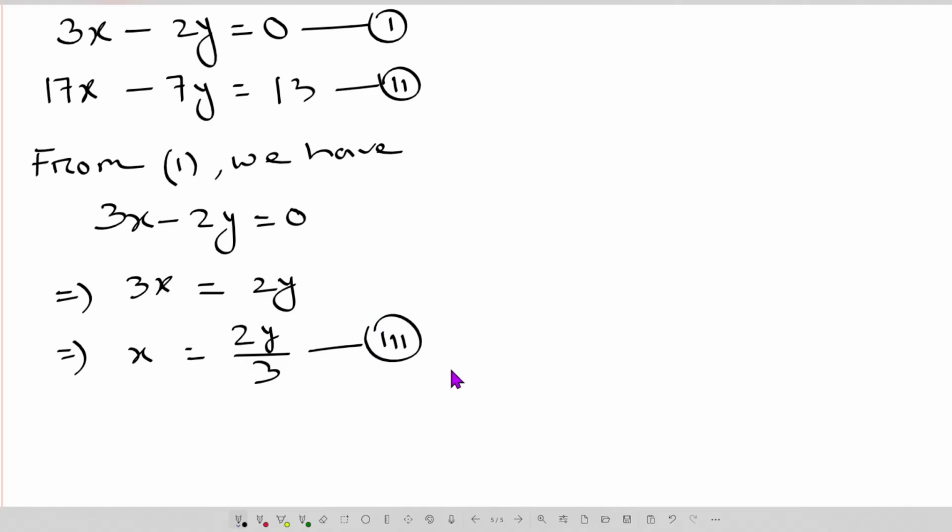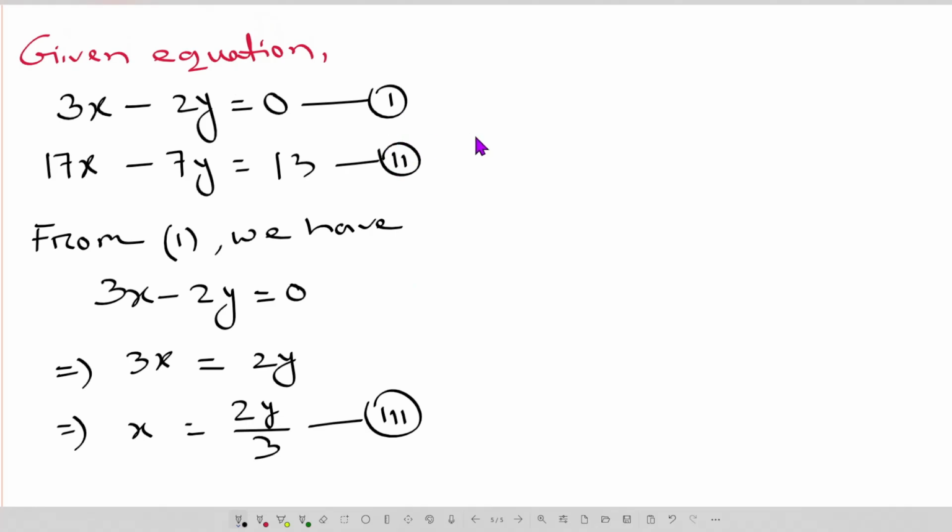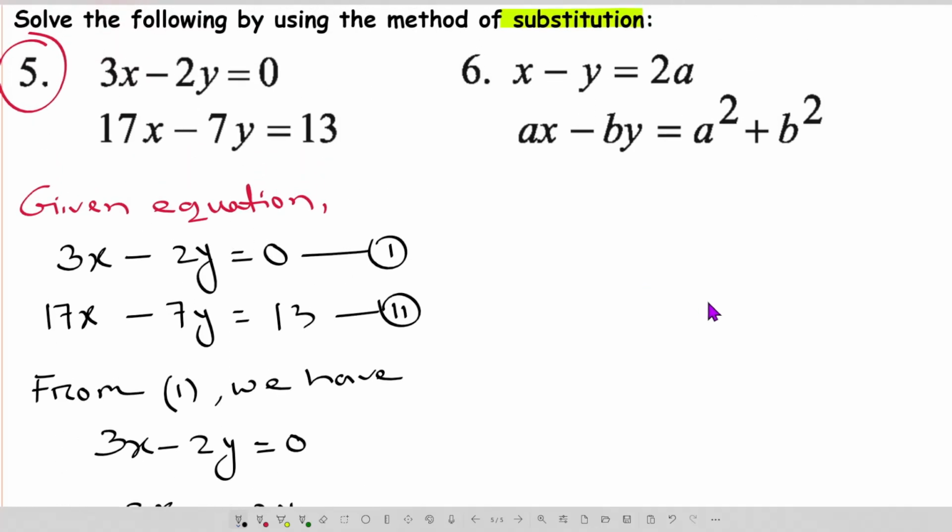Okay, now putting x equals 2y by 3 in any of equation 1 and 2, so in equation 2 we can write